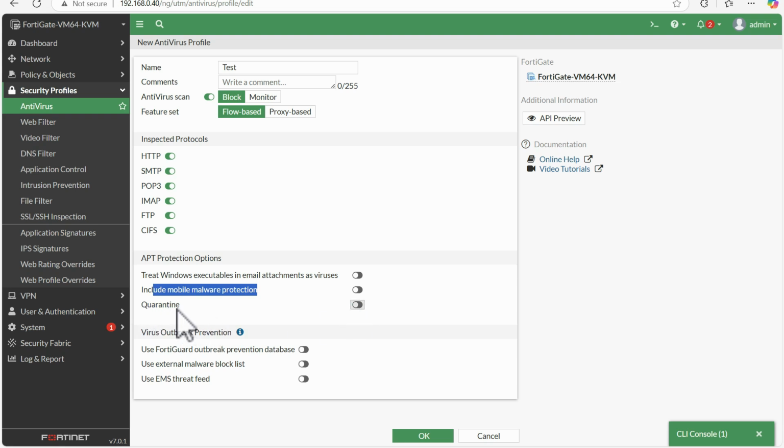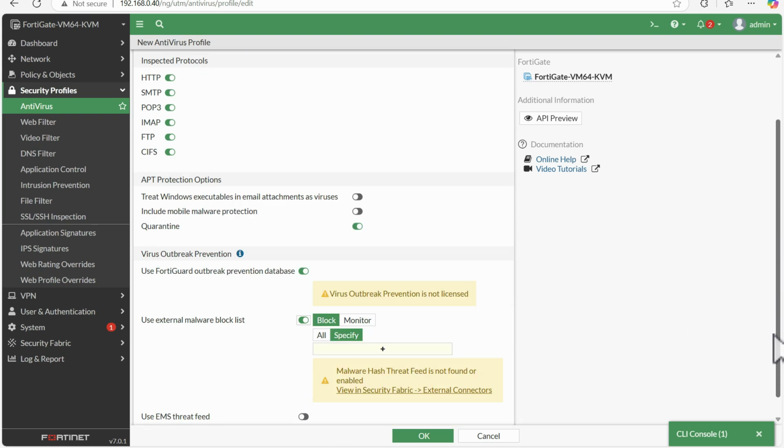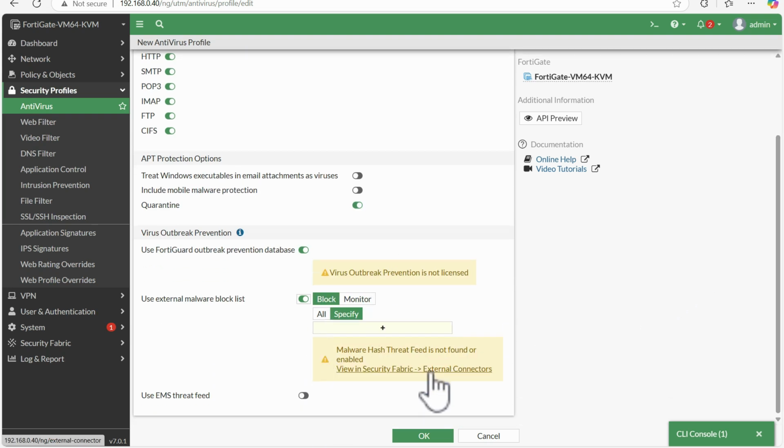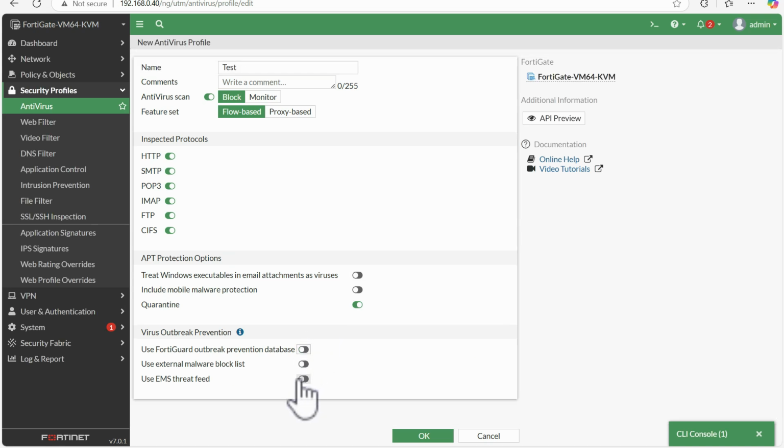This is the quarantine and this is virus outbreak protection. For virus outbreak protection we need a separate license provided by FortiGate, which we have to get in order for this to work correctly. Currently I don't have the license, which is why it is showing some errors.